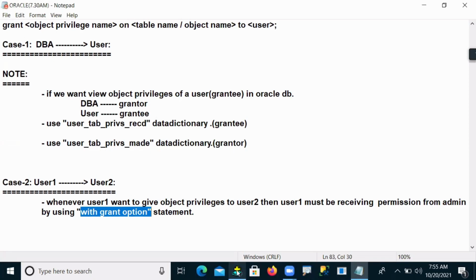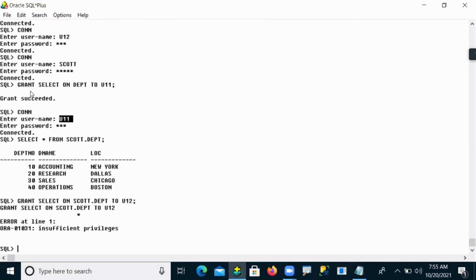But here what was happening: user 11 was given GRANT SELECT ON DEPT TO user 11. Normally we take permission, but here when the administrator gave permissions to user 11, the administrator did not use the WITH GRANT OPTION statement. Without it, the administrator was directly giving permissions to this user.